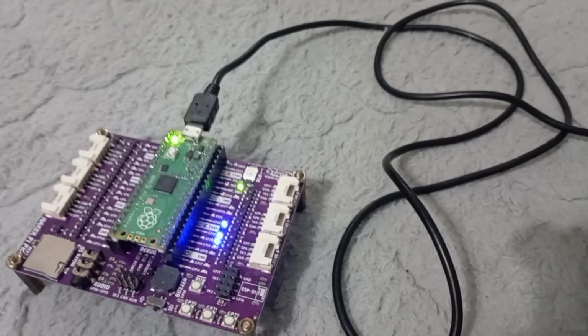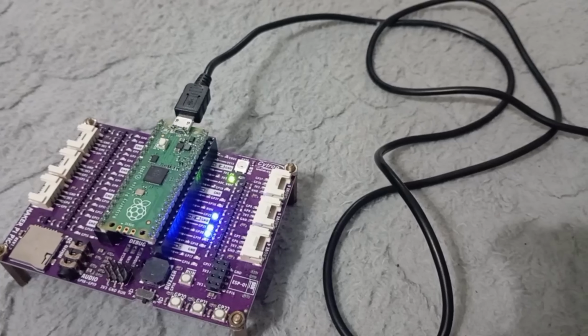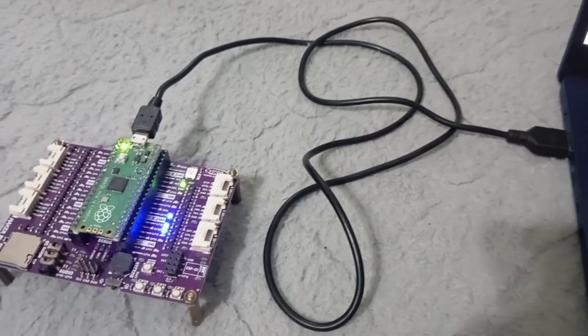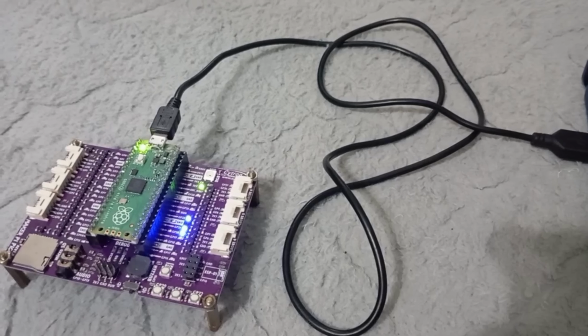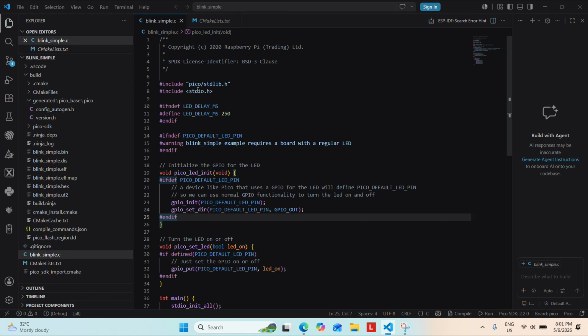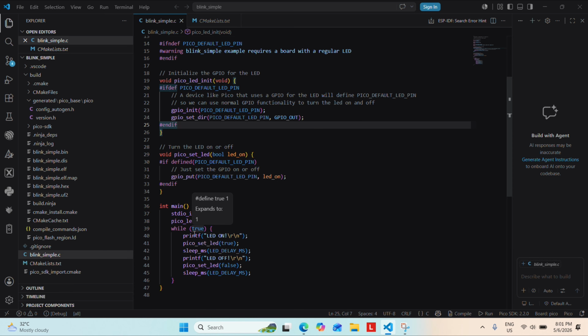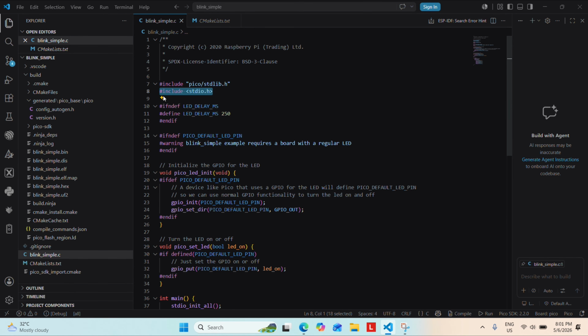Hi, in this video I'm going to show you how we can use the USB STDIO serial output from the Raspberry Pi Pico to the terminal. The Raspberry Pi Pico itself has its own USB UART to display the data on the serial output. What we're going to do is send our data, which is basically a message string, using the stdio.h library